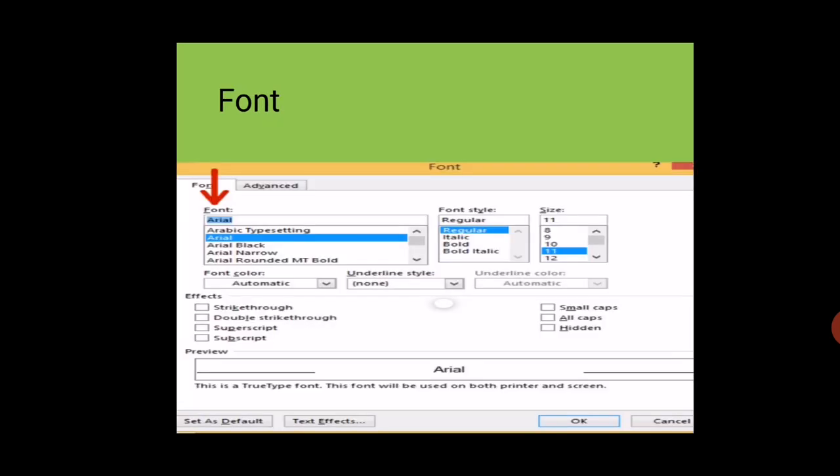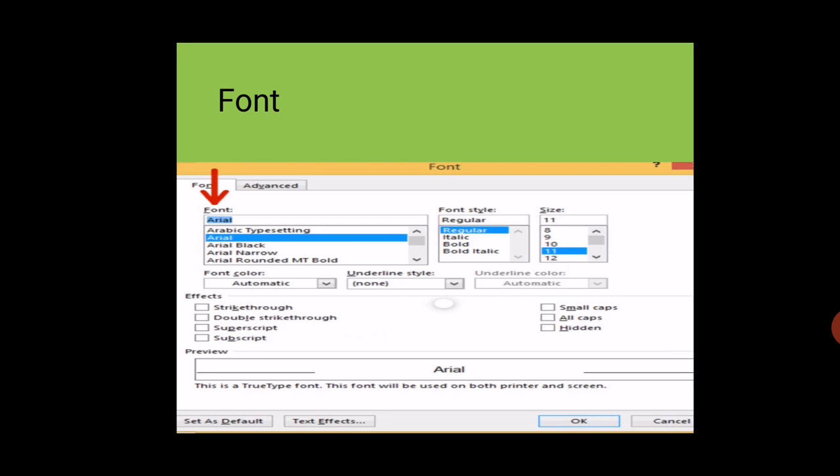The next is font. Font has a theme here, in which kind of font you want to use, which font face you are using, like Arial Black, Calibri. Font size, which size you choose, like 12, 30, 14, bold, italic, underline. Some other font options are also here.